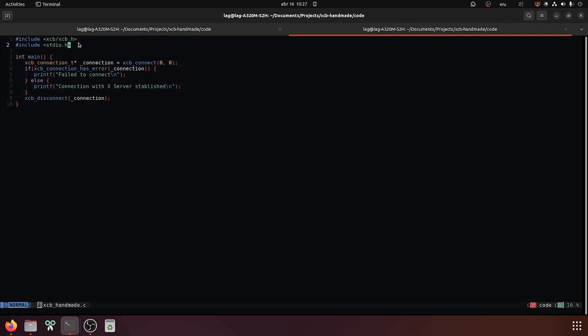Which for the printf with T is what we are going to use to test if we are setting up everything correctly, or if the XCB library we are going to use is actually working properly. So first we have our main function, or our main entry point in this case,